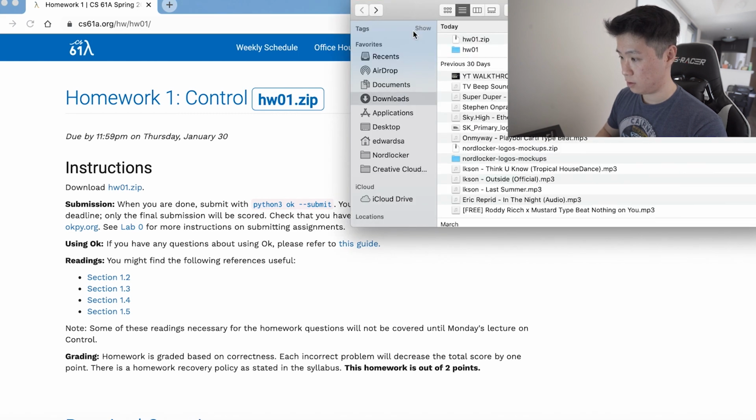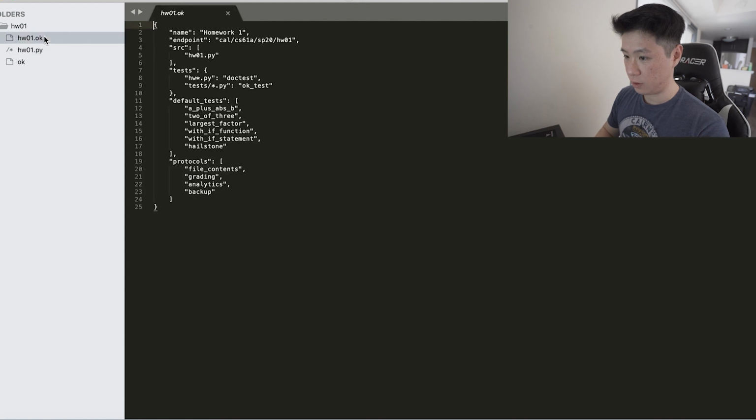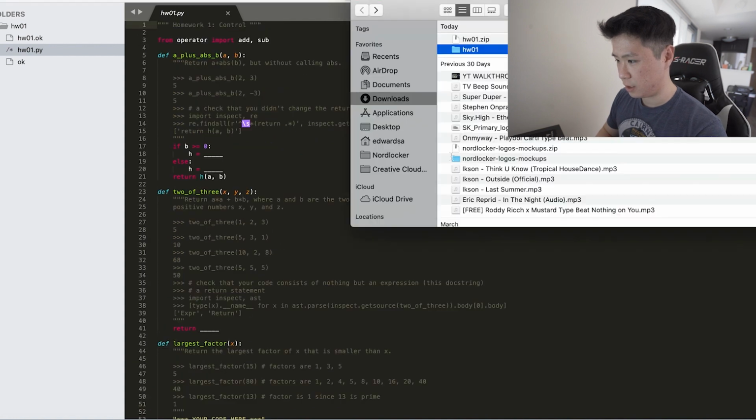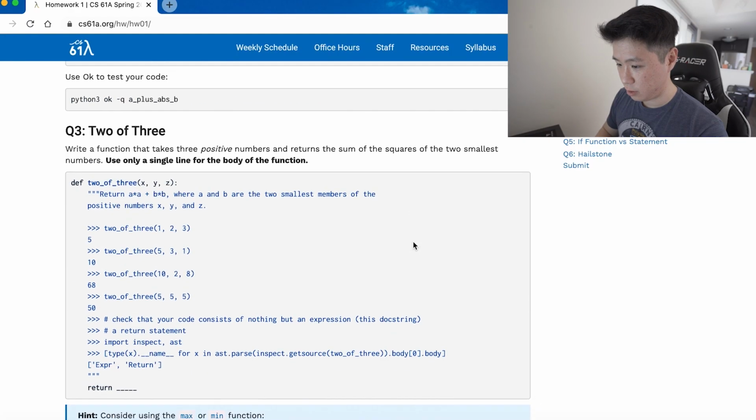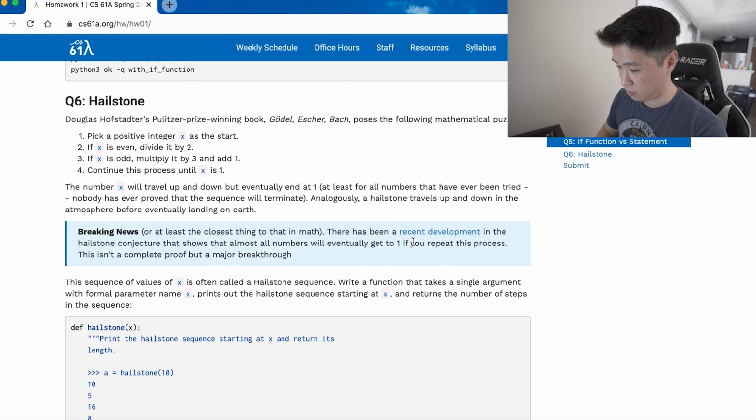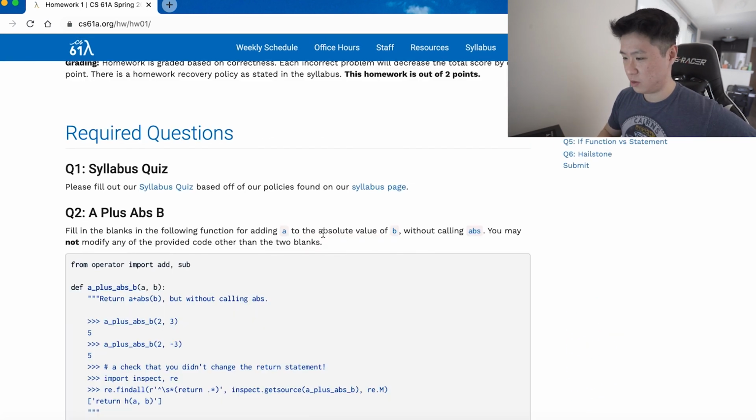I'm just gonna open it in Sublime, and cool. So we have an OK file, which will be how you run the autograder, which is you can run a command line to see if you pass the test cases. Then we have a Python file. Now we have all these questions. So let's see how many questions this homework has. So we got 1, 2, 3, 4, and 5. 6 questions. Okay. Oh wait, the first question is a syllabus quiz, so we're not doing that because we're not